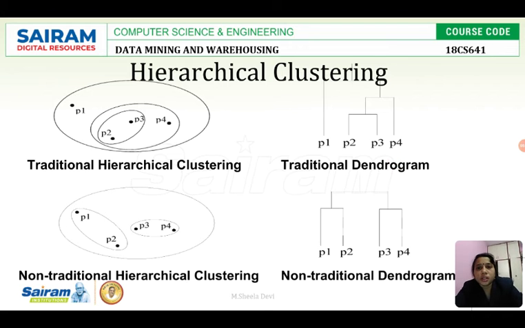So it is clustered in the form of a hierarchical tree, like grandfather. For grandfather, 2 children will be there. One will be father, and from the father there will be 2 children. Then from the children there will be 2 children called grandchildren. Like this it will move. This is called hierarchy. So if you are going to divide the data into hierarchy, then it is called hierarchical clustering.